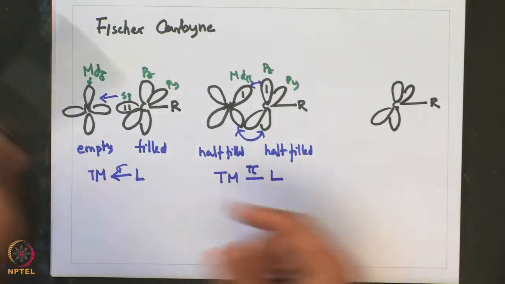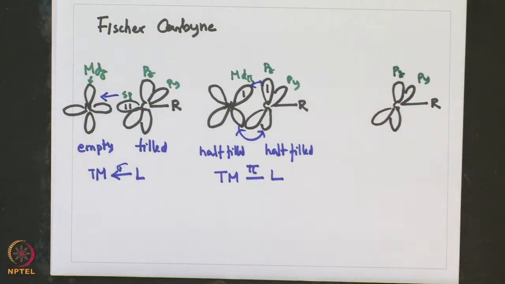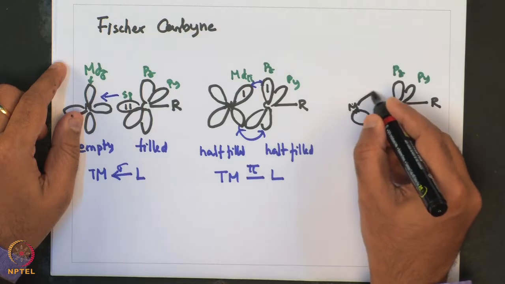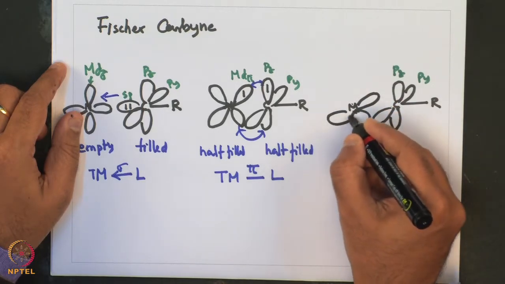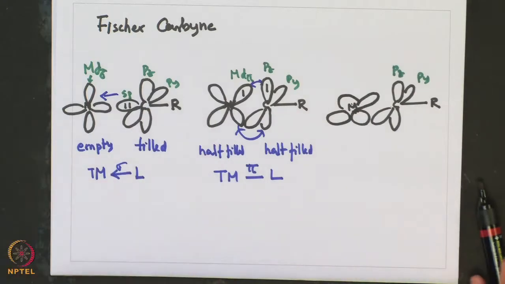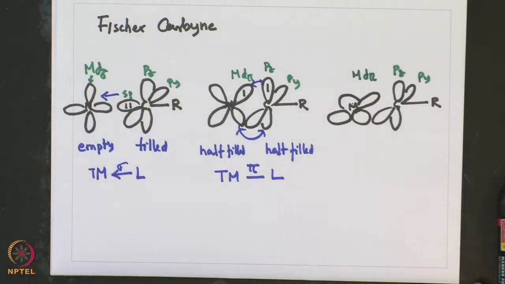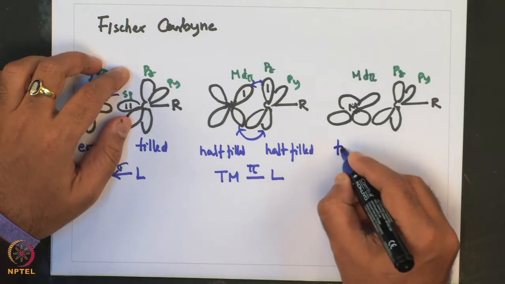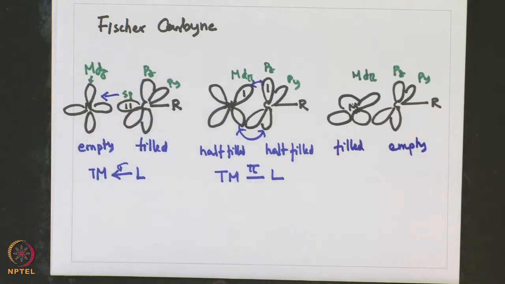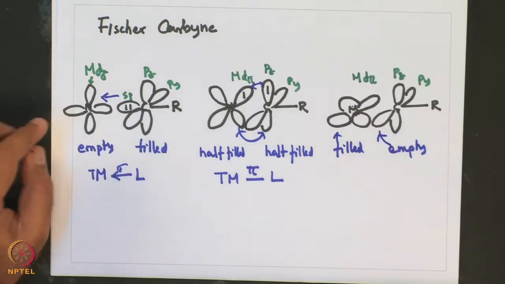So, this is a p y orbital, p z orbital, and the metal with having filled orbital. So, this is metal orbital having d pi symmetry, and here the interaction is between the filled with empty p y orbital. So, here this d pi orbital is filled and this p y orbital is empty,